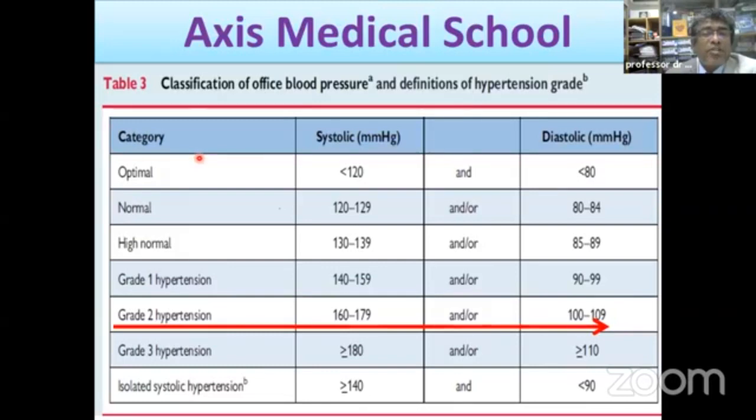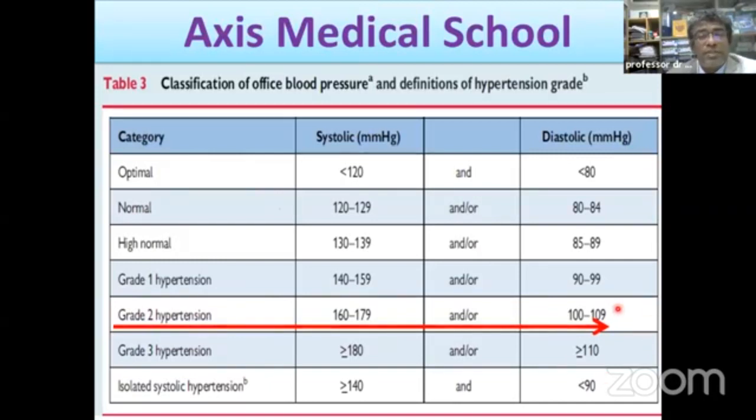In American College of Cardiology or JNC 6 or 7, usually the term staging is used, but in case of European Society of Cardiology, usually grade is used: grade 1, grade 2, and grade 3 hypertension, and there is systolic hypertension. There may be high normal, but in case of JNC 6 and 7, there is a pre-hypertension group of patients. So according to the European Society of Cardiology, the patient has grade 2 hypertension, and